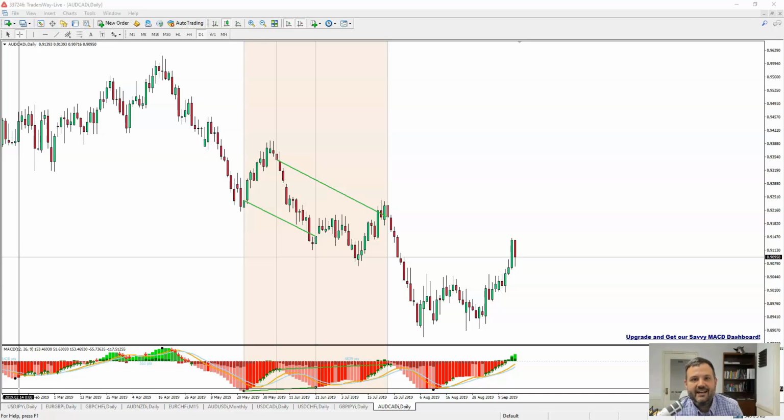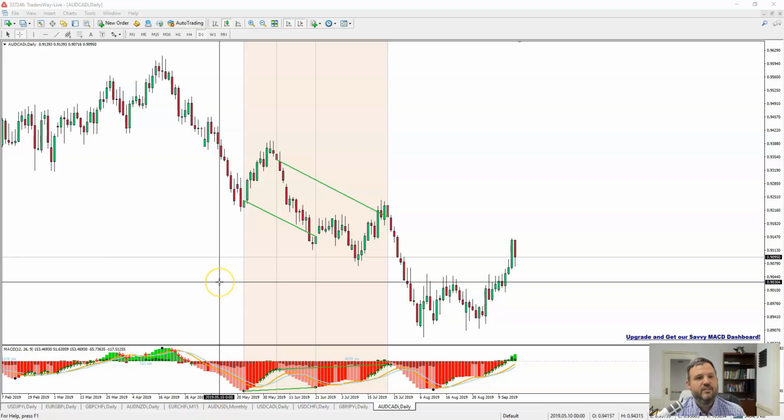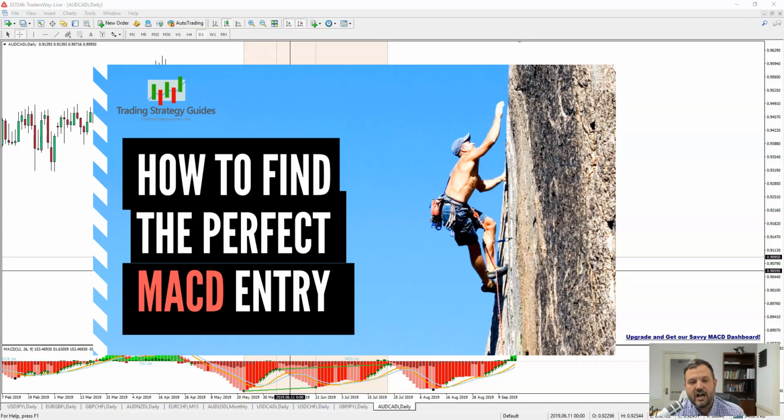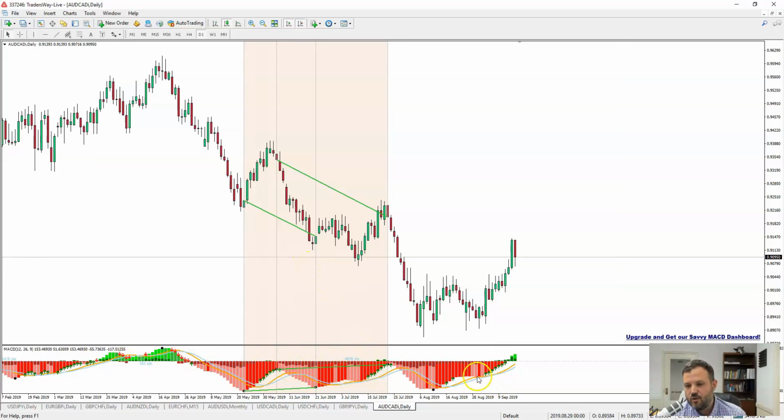All right, let's go ahead and get to the setup. So this is MACD, and today's trade is going to be on the Australian Canadian dollar. Now, what I want you to notice is, first of all, this is a free indicator that I'll have a